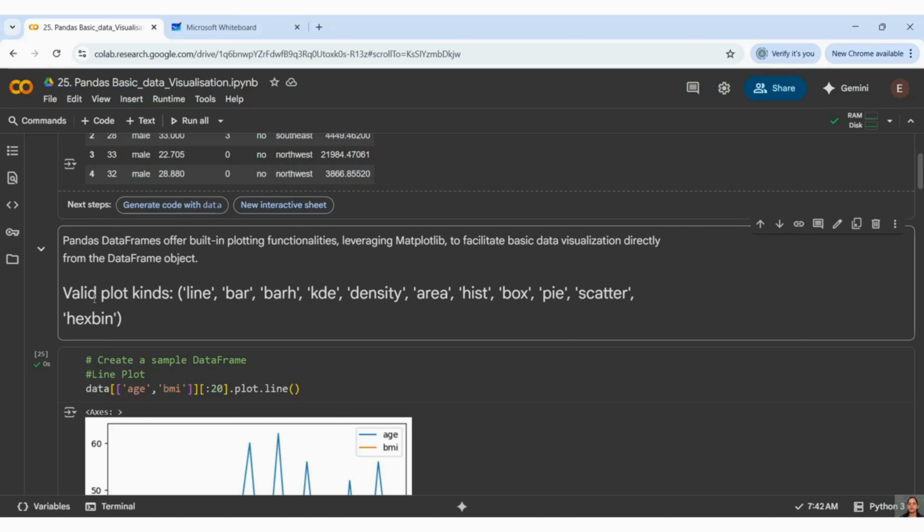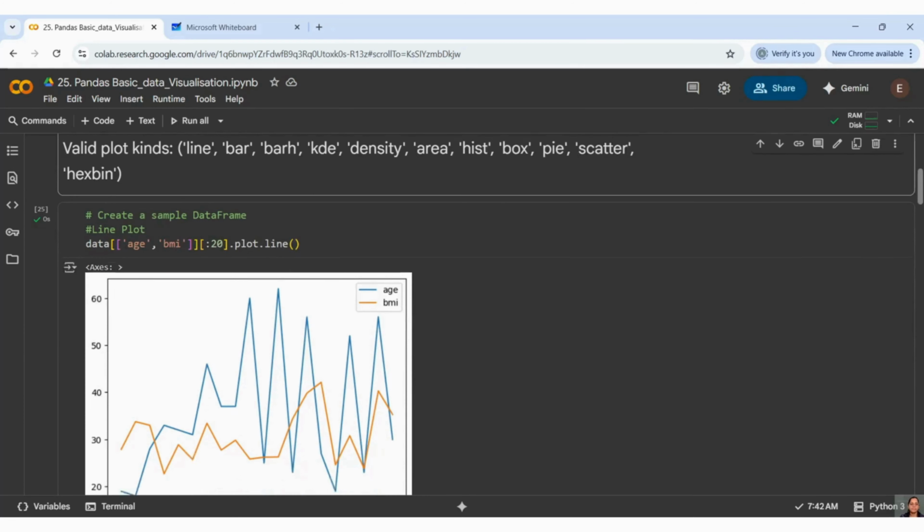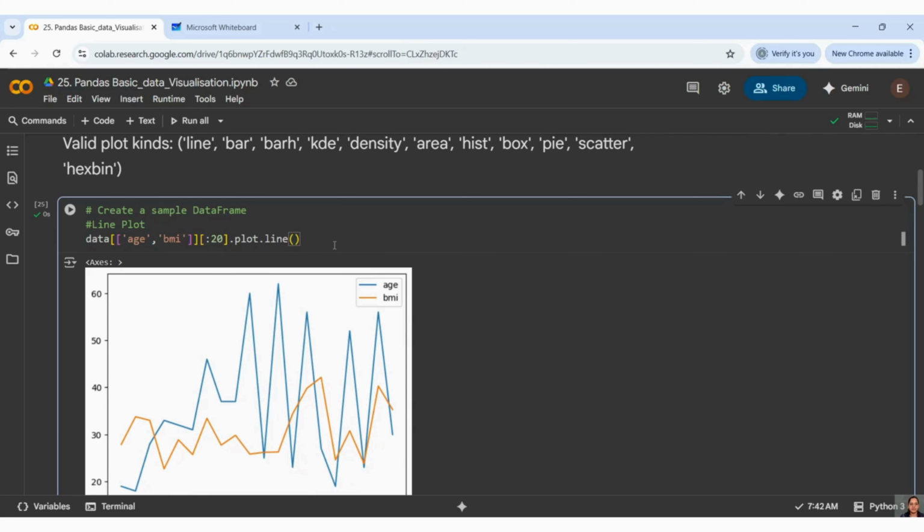And what are the valid plot kinds we have in the case of pandas? We have line, bar, barh, kde, density, area, hist meaning histogram, box plot, pie plot, and scatter plot. By using a simple dot operator, you can utilize all these plots, guys. That's what I have written. The meaning of this is you can just write .line, .bar, .kde, and it will draw the plot for you. Okay. Now let us understand.